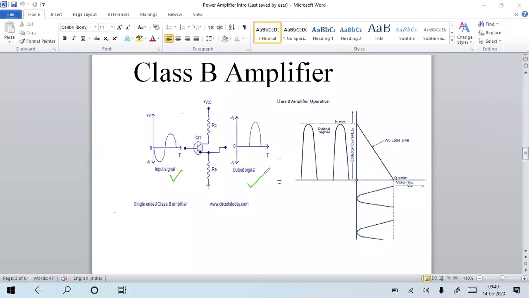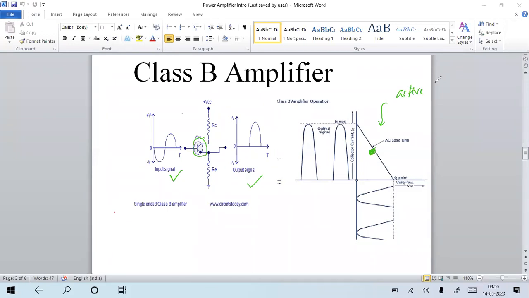That means full cycles will be retained at the output side. The conduction angle will be 360 degrees, 0 to 360 degrees. For the full angle, the device will maintain the on state. For maintaining the complete input cycle at the output side, we have to set the Q point at the center of the active mode. This is the area known as the active region. If I consider the VI characteristics of the transistor, the transistor should act as a faithful amplifier. For that, it should be operated at the center of the active mode.